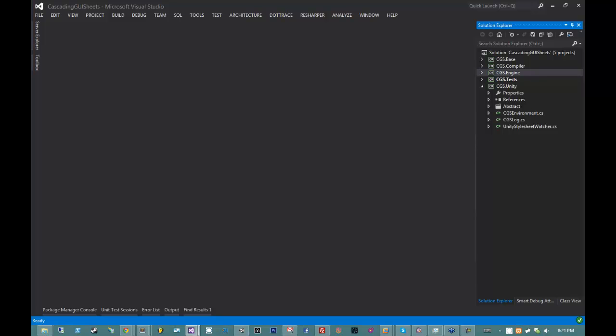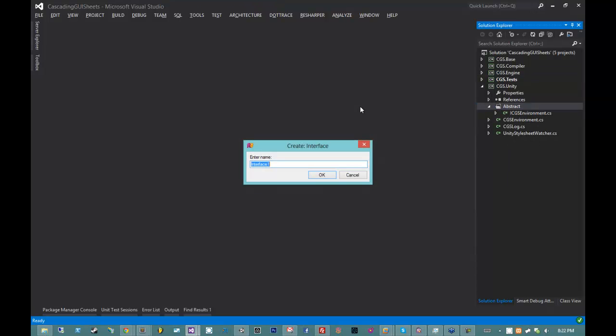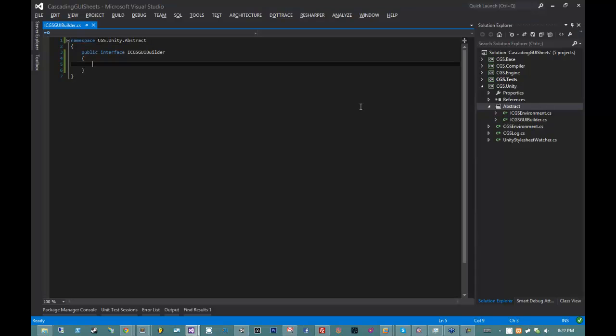So let's talk about that. What we need is a way to build out a GUI. So I'm going to create an ICGSGUIBuilder interface. What that's going to be responsible for is creating a GUI. So ICGSGUIBuilder, which is an awful